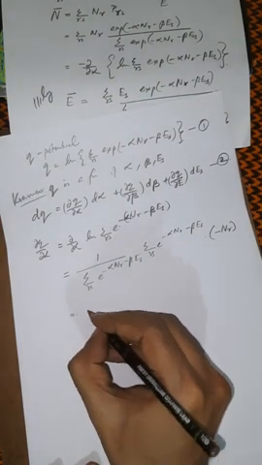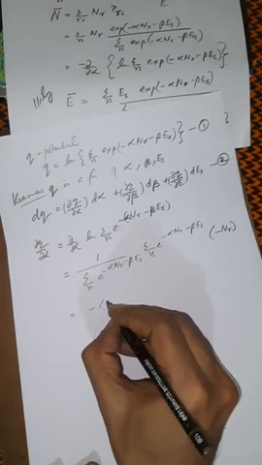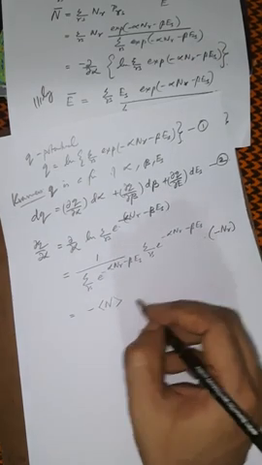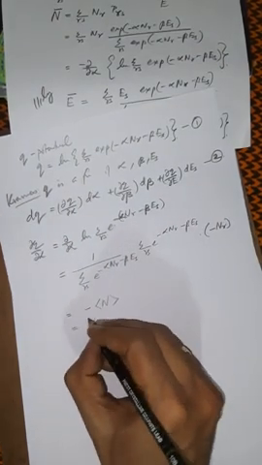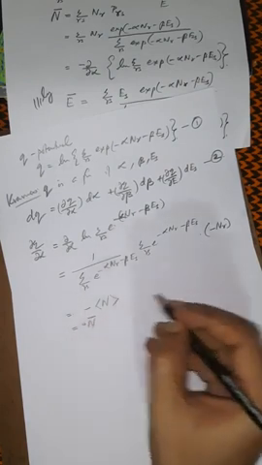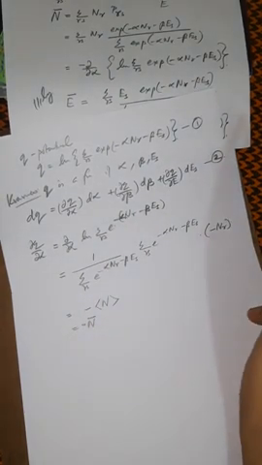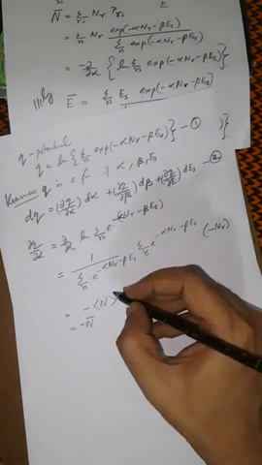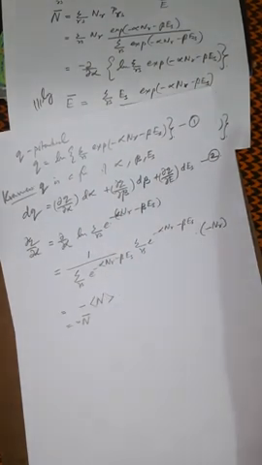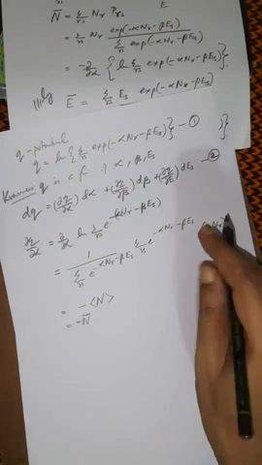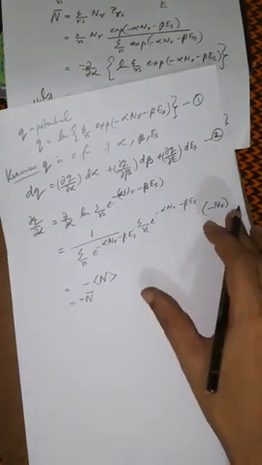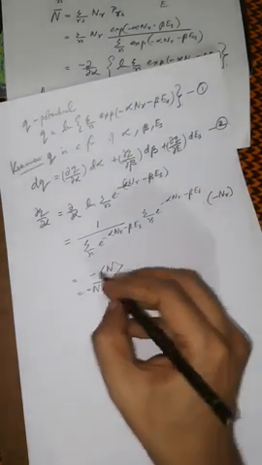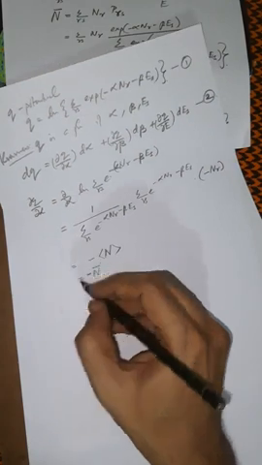Which I can write as minus of the average value, the expectation value of n, which is minus n bar, right? So this is the term. I have the minus here, so you can do it yourself. So this actually gives me the expectation value of n. N is the total number of particles, right? So that is it, which is minus n bar. And similarly,